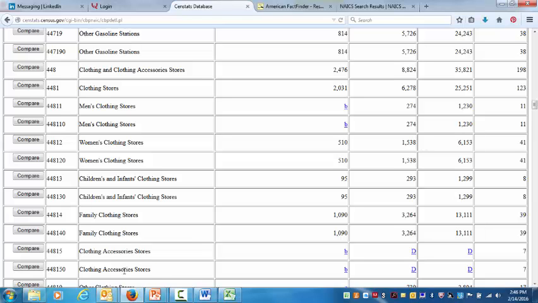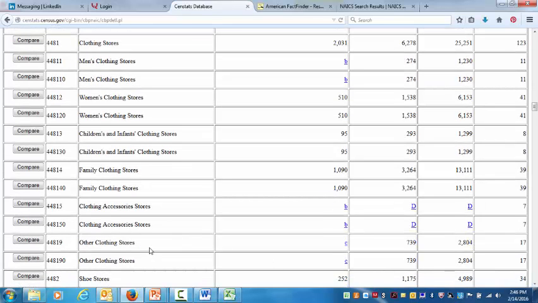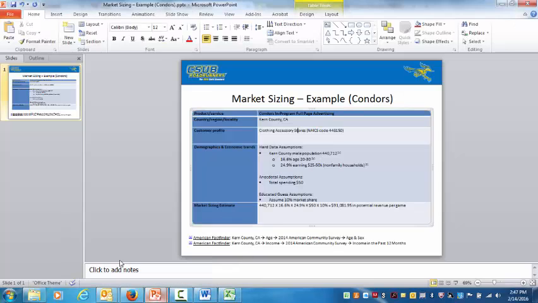448150. According to this, there are 7 clothing accessory stores in Kern County. Now, that doesn't count other clothing stores or family clothing stores, children's. There's a lot of other kinds of stores, but if we're just talking about clothing accessory stores, it's 7. So the number we put in here is,